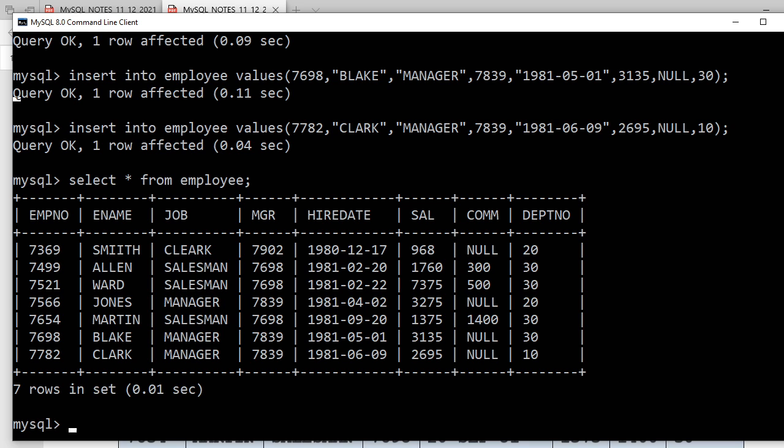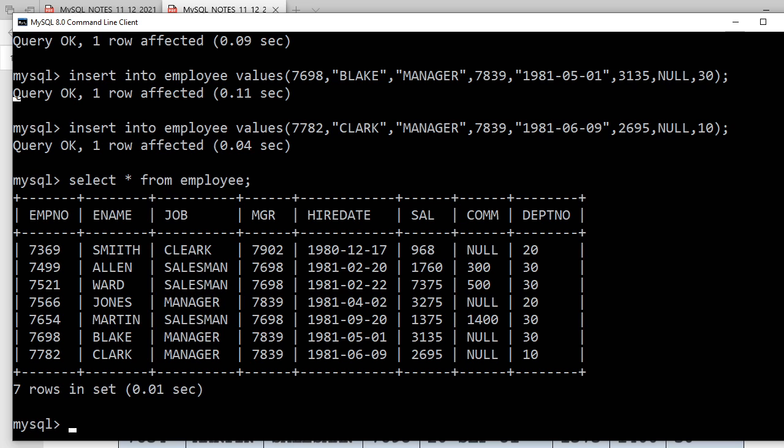Now one more thing, that is the IN clause. So select asterisk from employee where, or you can write this way: select emp number, e name, job, mgr, hire date, salary, COMM, and then department number from employee where e number in, and in brackets you write 7369, 7499, 7521, 7566, like that. So that is a very big job, nothing to go with that. You go with this one: select asterisk from employee. Done. First one is done. What is the second one?